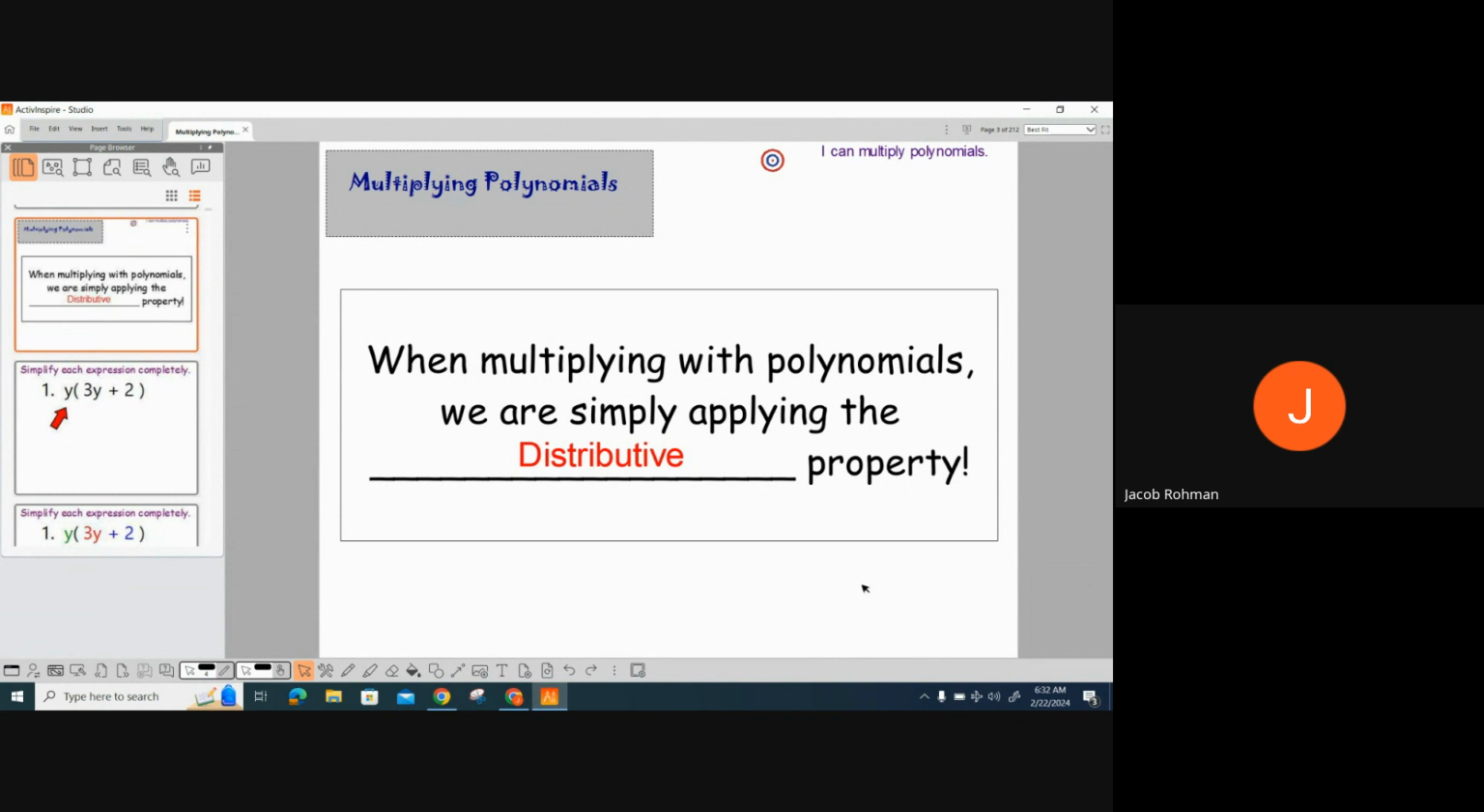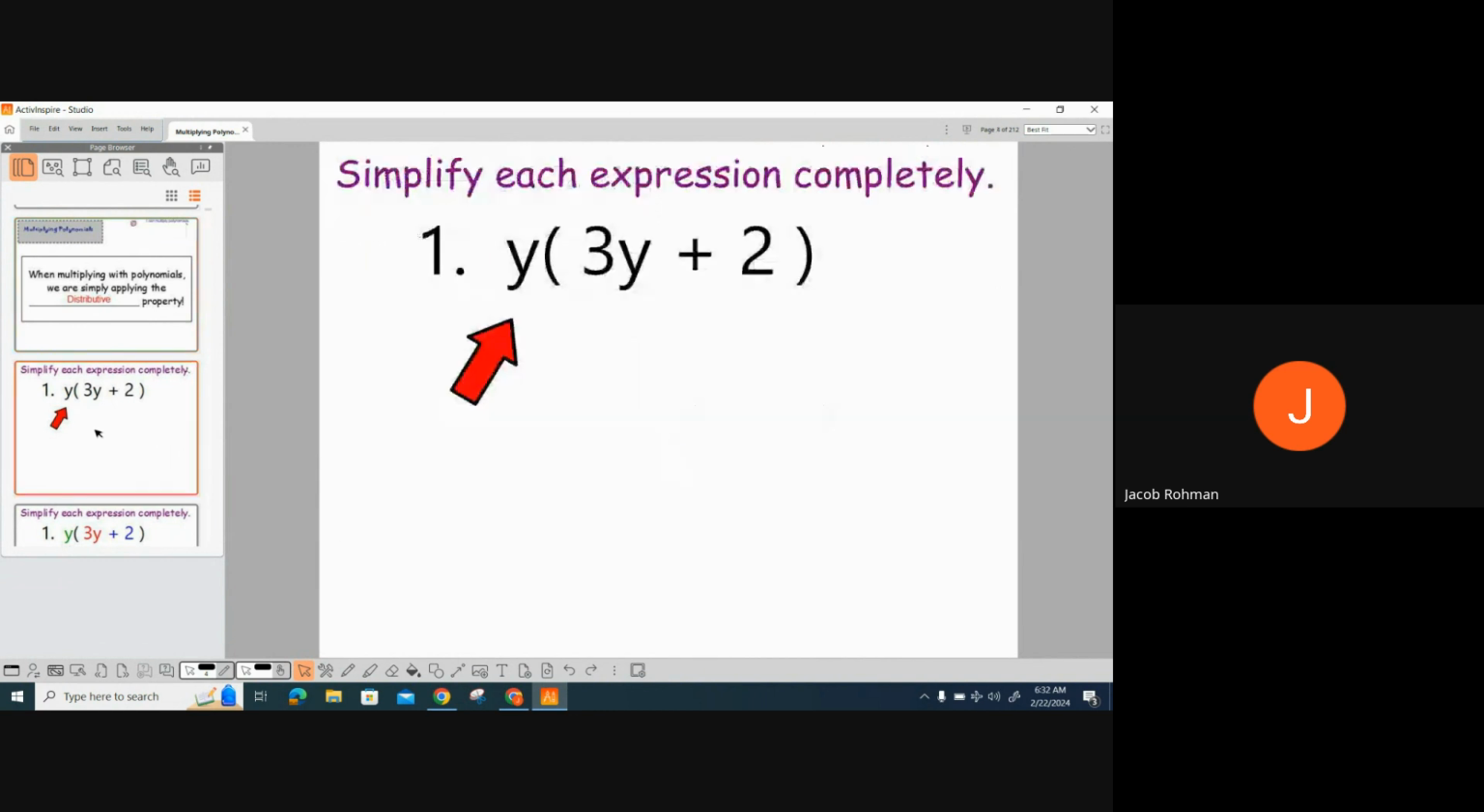And on your notes, the first box to fill out would be when multiplying with polynomials, we are simply applying the distributive property. So the distributive property is where you multiply the term that's outside the parentheses to whatever's inside the parentheses. So let's look at an example here, example 1 on your notes, where you have a binomial inside